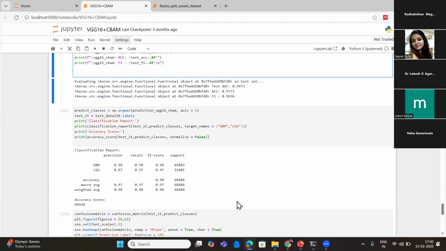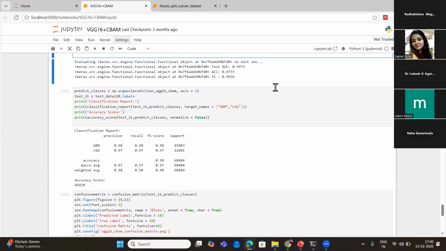So when we check for the evaluation of the model, we check for precision, recall, and the F1 score. The F1 score is the harmonic mean of the precision and the recall, that is 0.9656. If you want to check the whole classification report, in which you have the precision, the recall, and the F1 score, you can use the